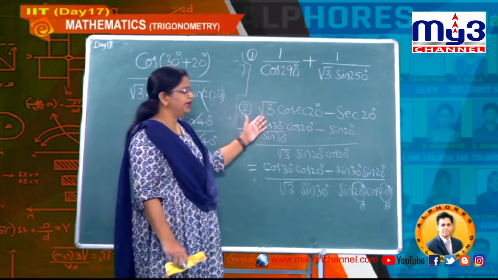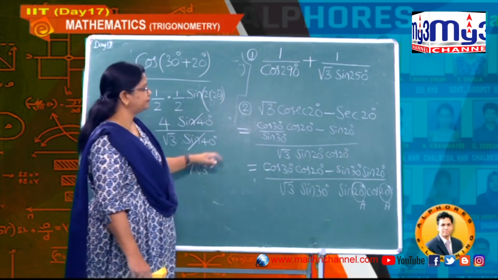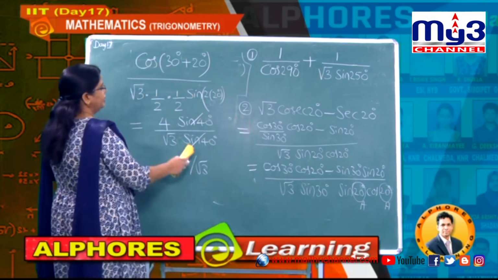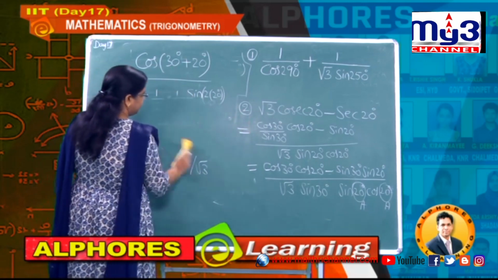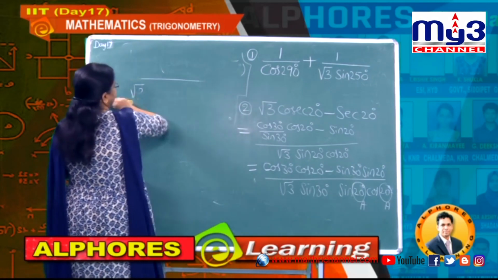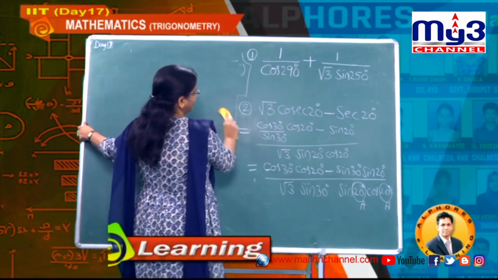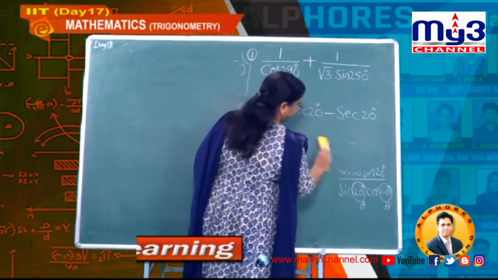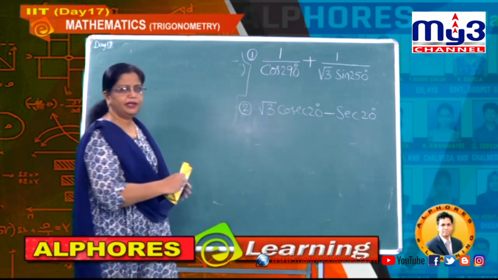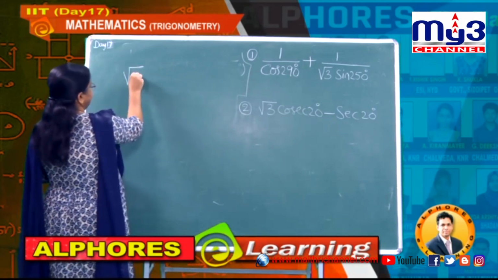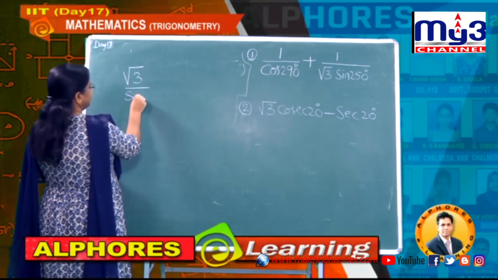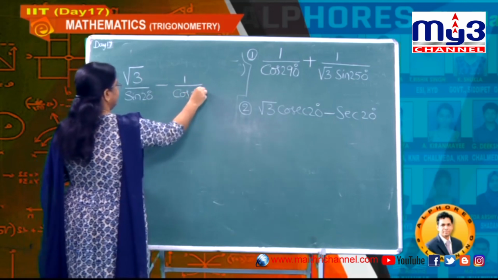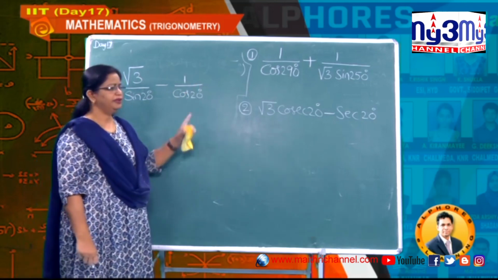Now the same model here, this problem. Understand? Root 3 cosec 20 minus secant 20. So let us do it, I hope all of you can solve this problem. Now first we have to write cosec as 1 by sin. Later we write secant also as how much here? 1 divided by cos. So let's start the problem by writing in that way. Now it is root 3 divided by how much, students? Sin 20 degrees minus 1 divided by cos 20 degrees. Got it? Just like the same model of the previous problem.